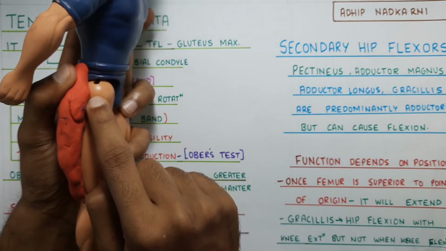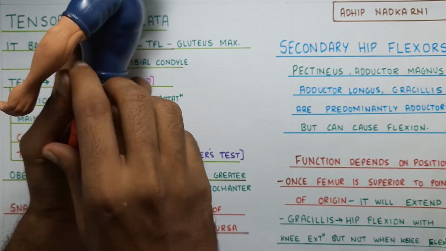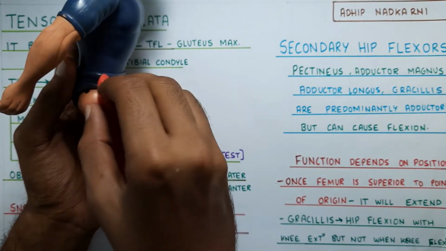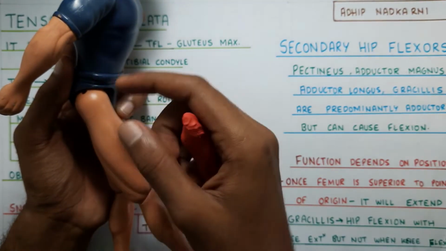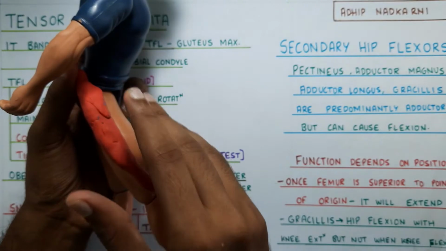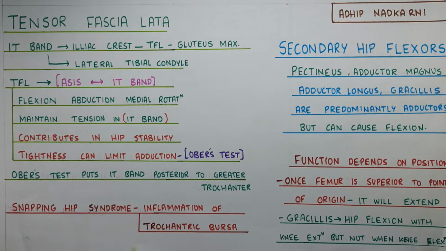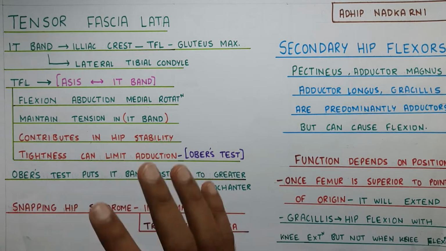So when there is inflammation, every time you are walking, there is a snapping or popping sound that you can hear at every step you take. Okay, so that is the snapping hip syndrome that is commonly seen in tensor fascia lata and IT band related